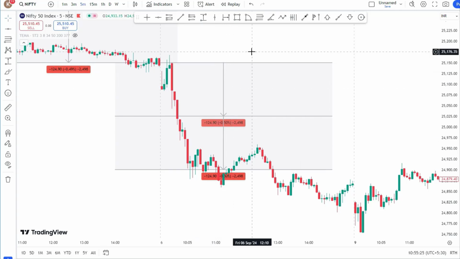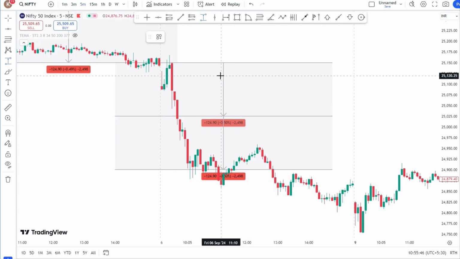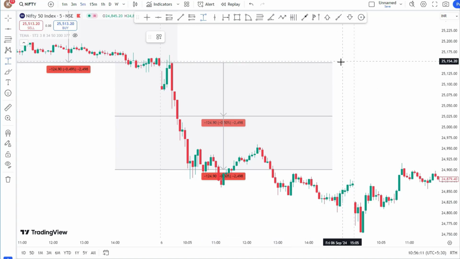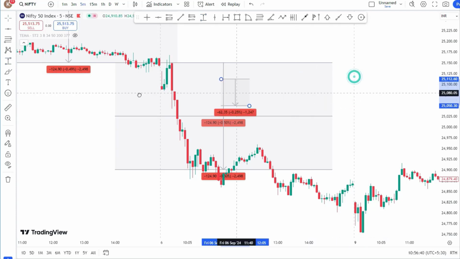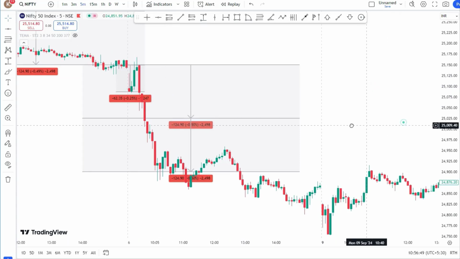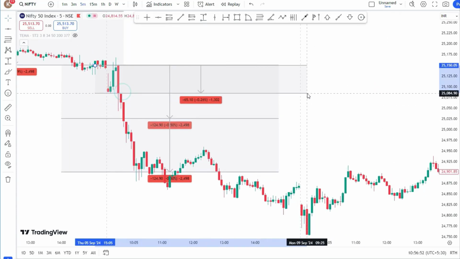To find out the targets, we can use the height and multiples of this height, 2 times, 3 times, 4 times, or half. I will show you, as this is the previous height, and we can find out what is happening here. This is approximately 125 points, and this is 125 points here. So what I will do, just put half of 125, so it is approximately 62.5. So this is 62.5, and I will just put it over here, and we can see how perfectly this